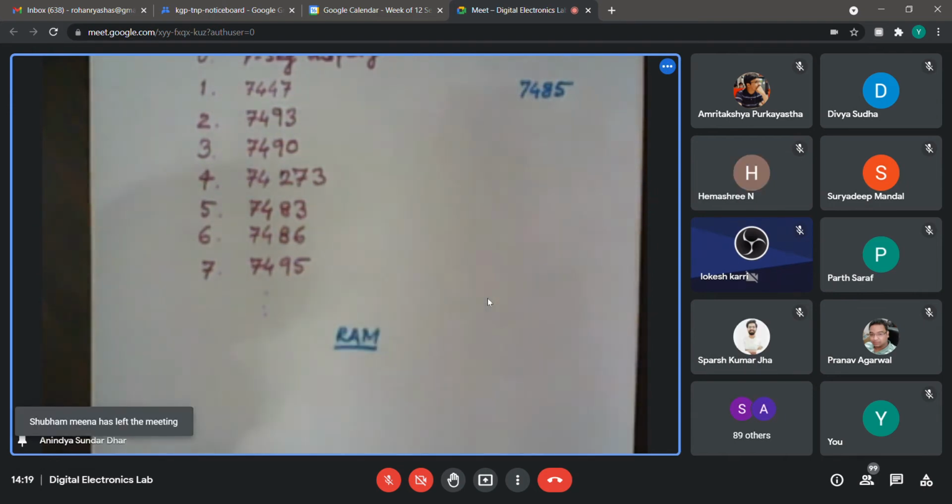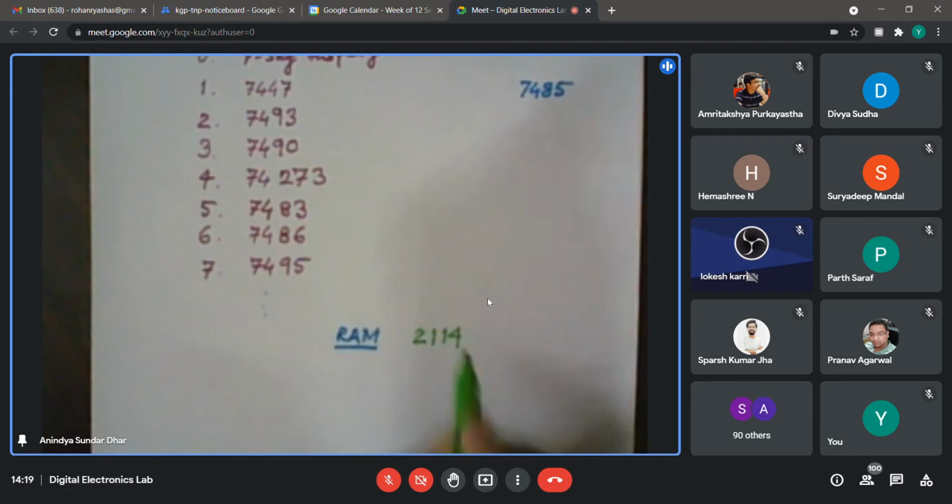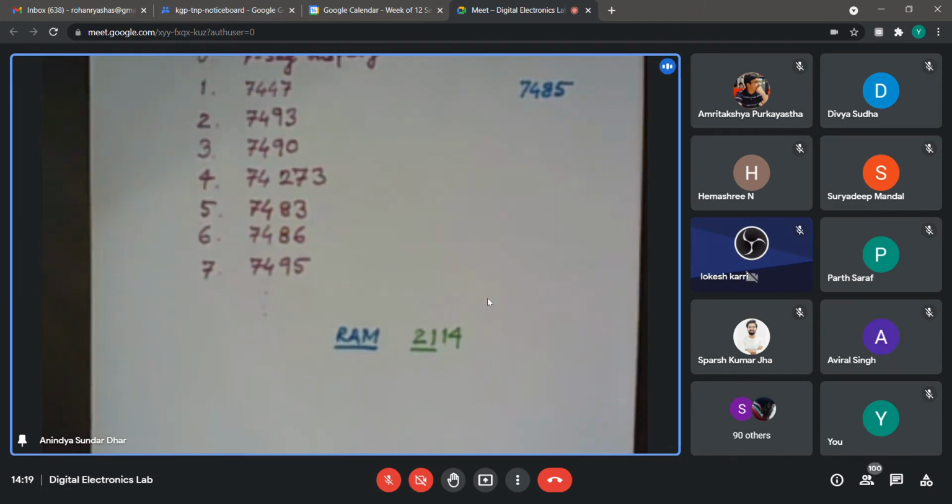But anyway, today, whether the attendance improved, yeah, a little bit. So in the lab, the chip that you use is type number 2114. As you can see, it is not a 74 series chip, so the technology is slightly different. It is not TTL, it's a CMOS or NMOS chip rather.